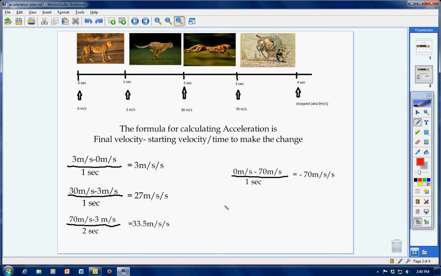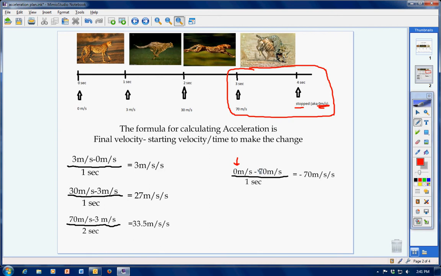As you look again over here, this one's a little bit different. This last second is a bit strange in that the final velocity is 0 meters per second. Now, sometimes in story problems that I give you, I will say that something has stopped. Stopped is 0 meters per second. So here we have the cheetah tackling its prey to the ground. The prey's dead. That's stopped. So we have 0 meters per second